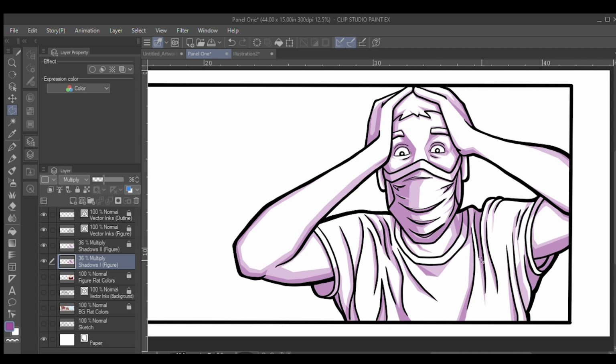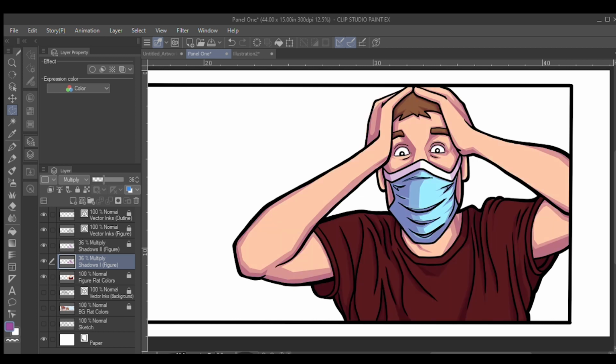So when you're doing your shading like this, these purples, when I add the flat colors back in, all overlap whatever the flat color is, and they create a new color by mixing the transparent purple color I used for the shading with the color that's already there. This same color, when it's on the skin tone, is one shade of purple, versus when it's on the mask, it's more of a blue, right? And on the t-shirt here, it's more of a dark brown. So by putting it on multiply, it's a little bit transparent, and it's reading the color underneath